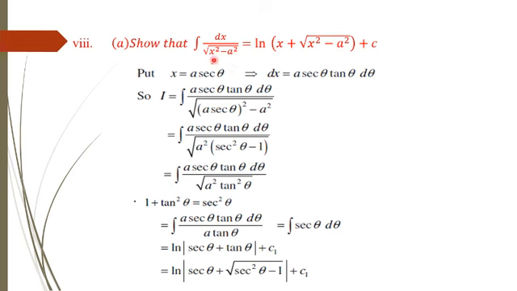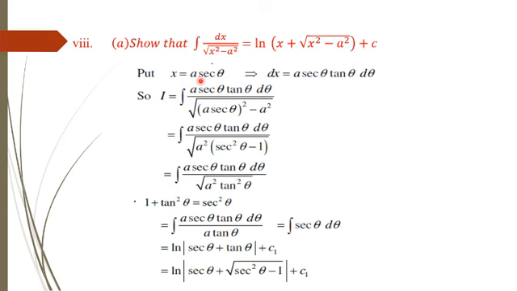As we see that on the left hand side a variable comes before the negative sign, so we replace x is equal to a secant theta according to the substitution formulas. Taking differential on both sides, left hand side is dx, then on the right hand side a as it is, and the derivative of secant theta is secant theta into tan theta with d theta, which means that we can replace x is equal to a secant theta and dx by a secant theta tan theta d theta. So in the left hand side, I is equal to integration of a secant theta tan theta d theta divided by,